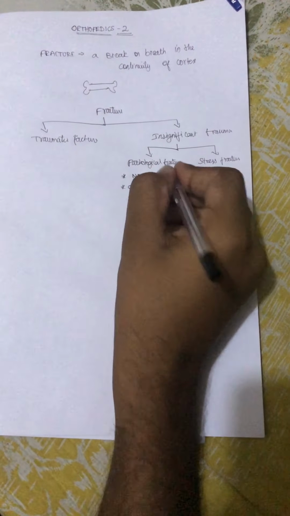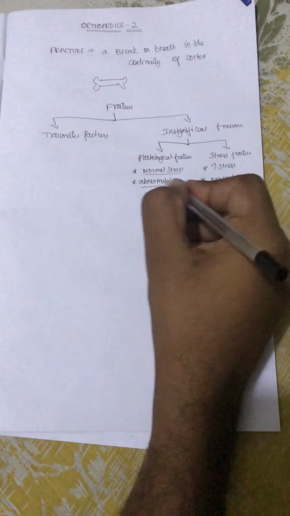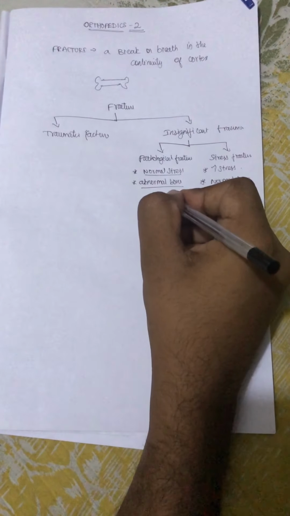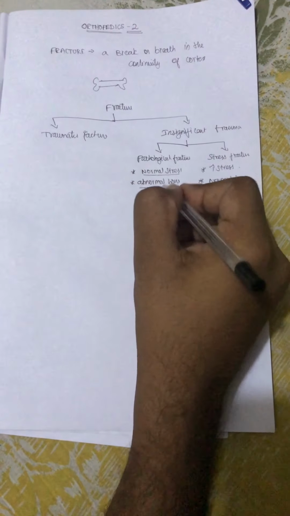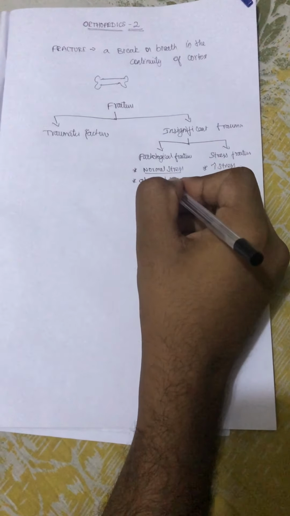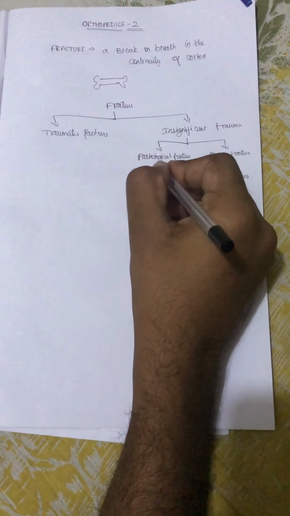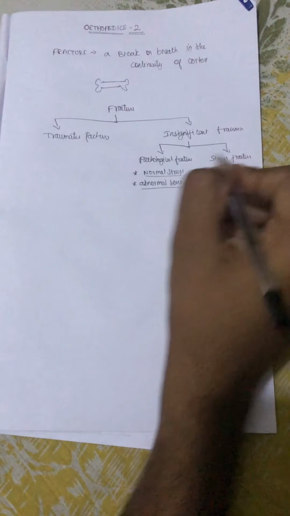If you take pathological fracture for an example, take osteoporosis or something else, where there is a pathology in the bone which results in weakness of the bone. So the patient already has an abnormal, weakened, pathological bone. So the normal stress we have in our day-to-day activity may lead to a fracture. That is called pathological fracture, and the other type is called stress fracture.